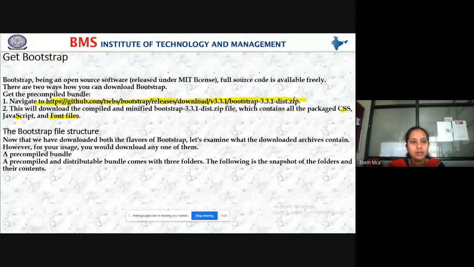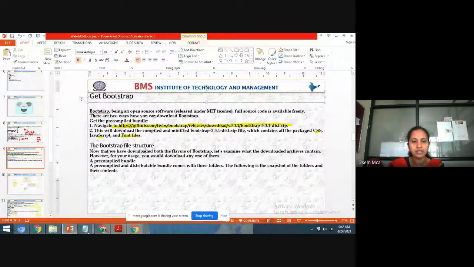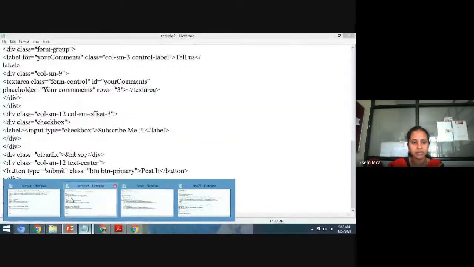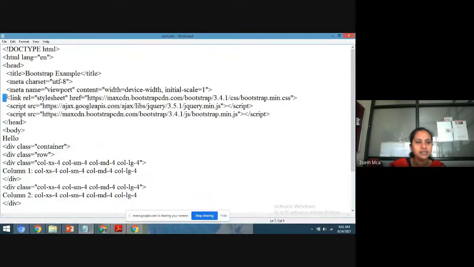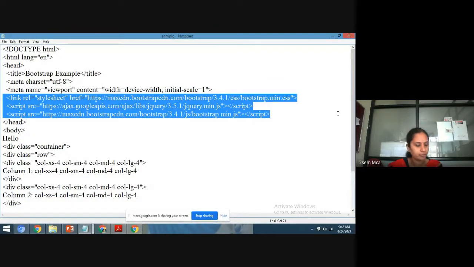Using this link, download the Bootstrap zip file. That zip file should contain the JavaScript file, that is the JS file, the CSS file, and the fonts file. After that, once you start executing the program, your file must contain these three lines. That is how to begin with a Bootstrap program.